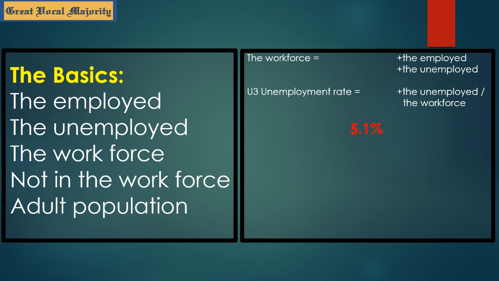Actually, it's the Bureau of Labor Statistics calling it U3 because they have 6 measures of unemployment, and this is just one of them. It's the one that's considered the official unemployment rate. And that's what I'm really getting at. Should it really still be considered the official unemployment rate? Because as you'll see in a minute, the economy's changed enough to where that number really tends to understate the true